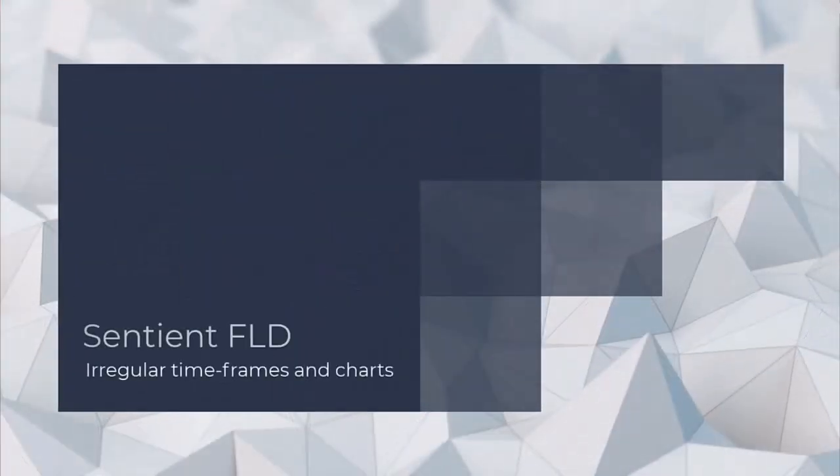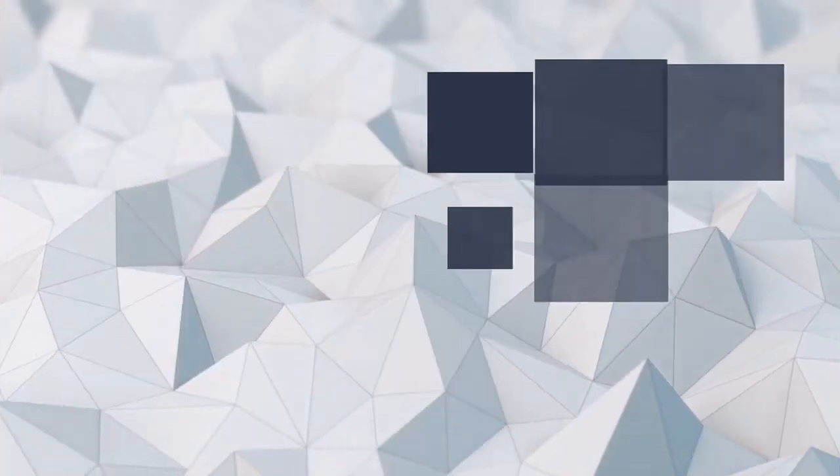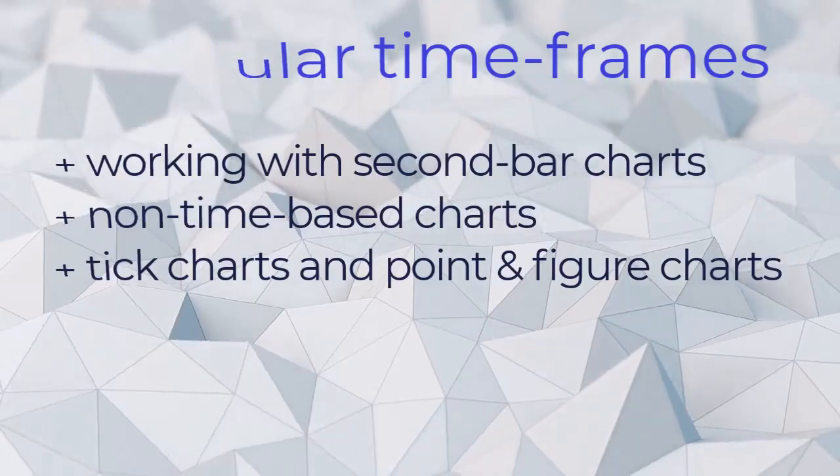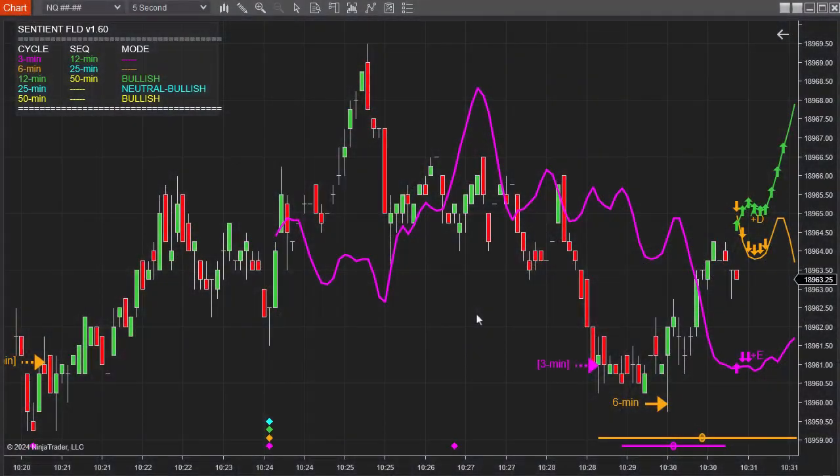If you are a trader who likes to trade on very short time frames or slightly unusual time frames, then you can apply your sentient FLD indicator to those time frames. Here is a 5-second chart, so each one of these bars represents 5 seconds worth of price action. You can see that the signal cycle on the 5-second chart is a 3-minute cycle, and the sequence cycle is a 12-minute cycle. So if you are interested in high-speed trading, then you can get involved with your second duration